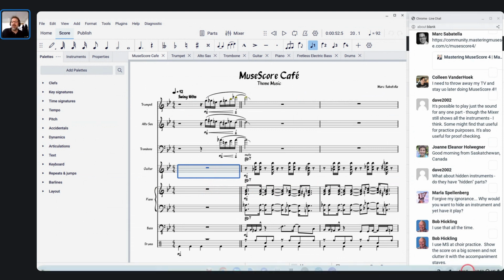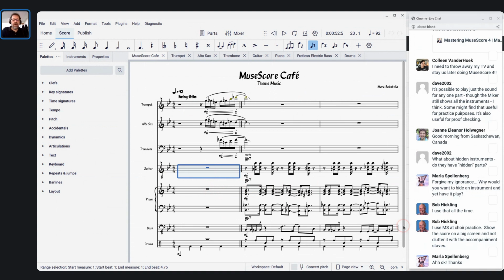Okay, so Bob's talking about using it to have the accompaniment. Yeah, if you've got a choir score, maybe you want the accompaniment not to be visible because you're just wanting to look at the parts. So there's another perfectly good reason to do that. All right, so